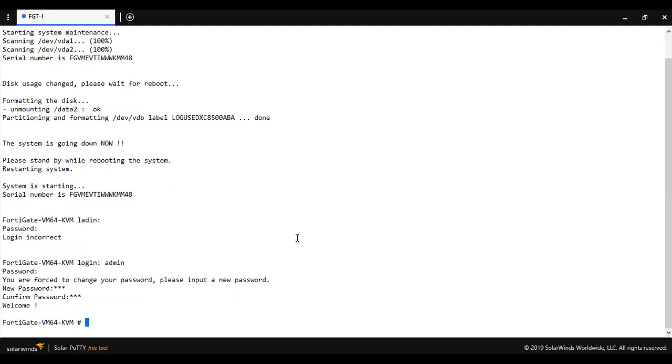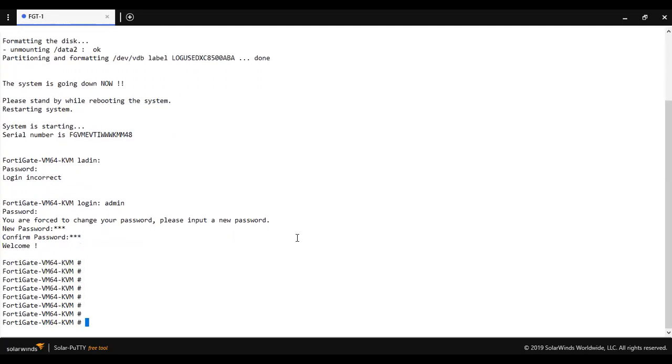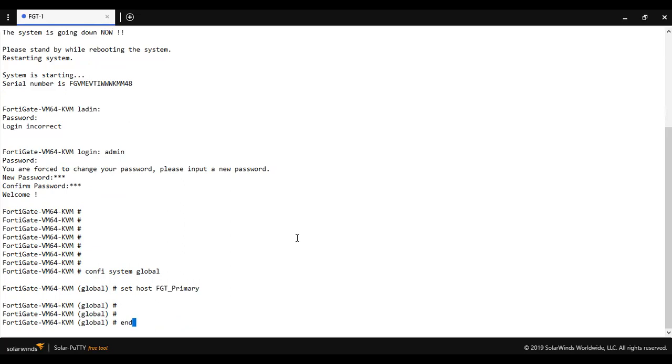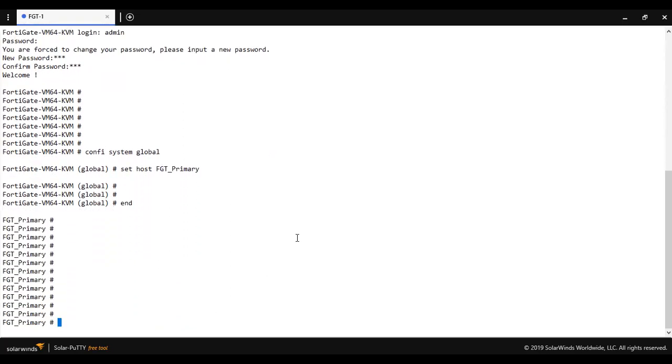The password has been set. First of all, I'm going to configure system global, the host name. This is the primary firewall, so I'm going to name it primary. Set hostname FGT48-primary. You can see that the host name has been set.